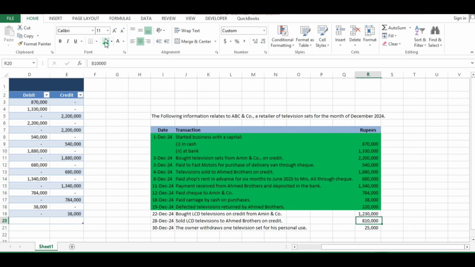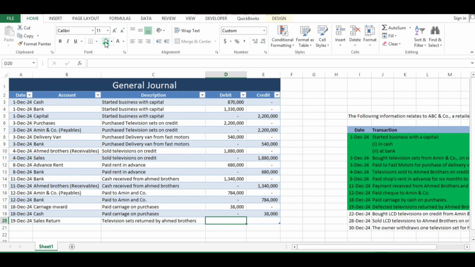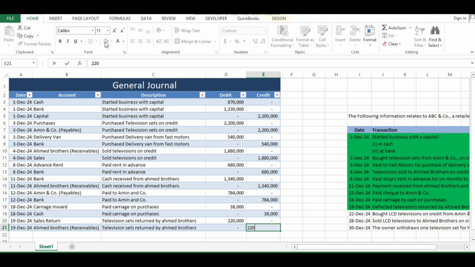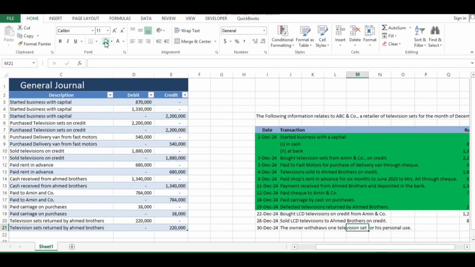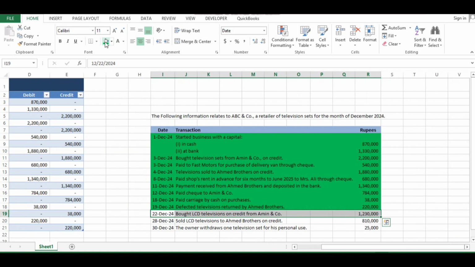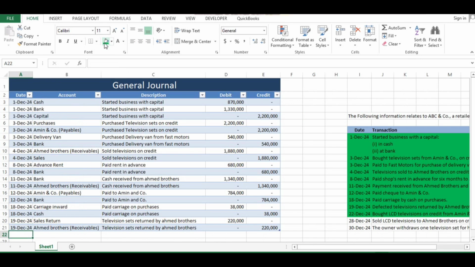Right, how much amount? 2,20,000. So this will be debited, and Ahmed Brothers are debtors. We will reduce it by the same amount. Their account will be credited. Right. So the next entry on 22nd December 24 is bought LCD televisions on credit from Amin Co. of 12,30,000. Right. So purchases will be